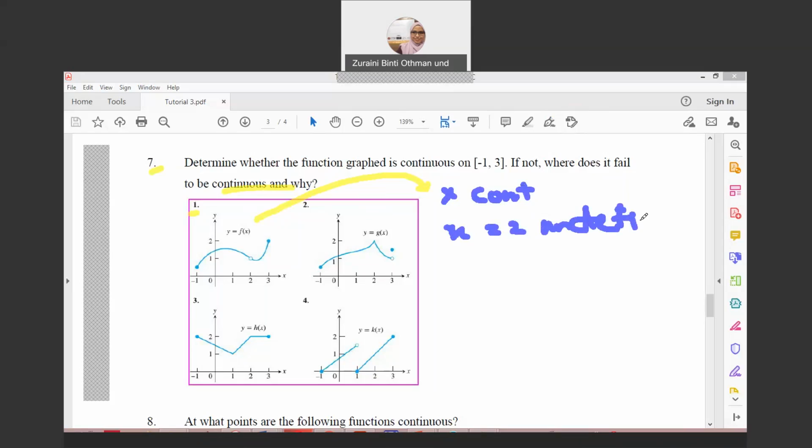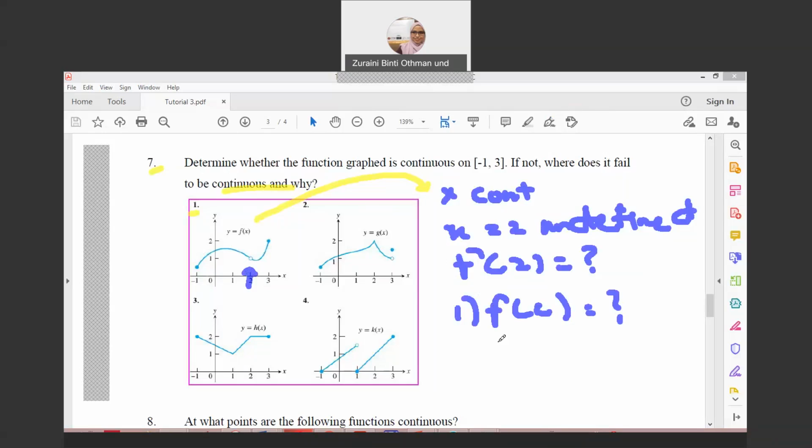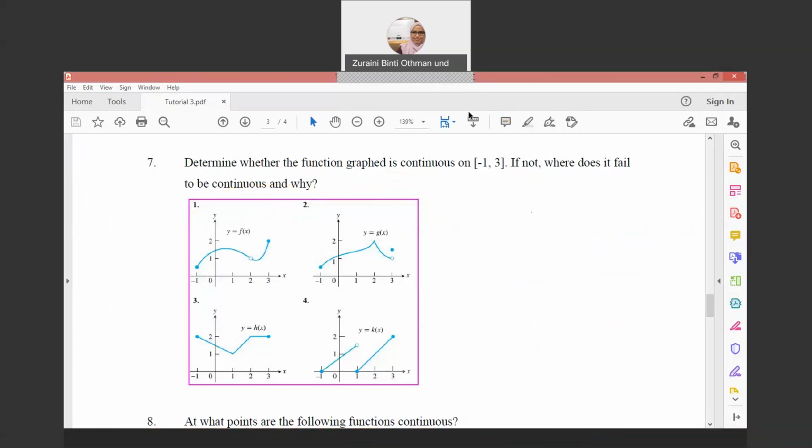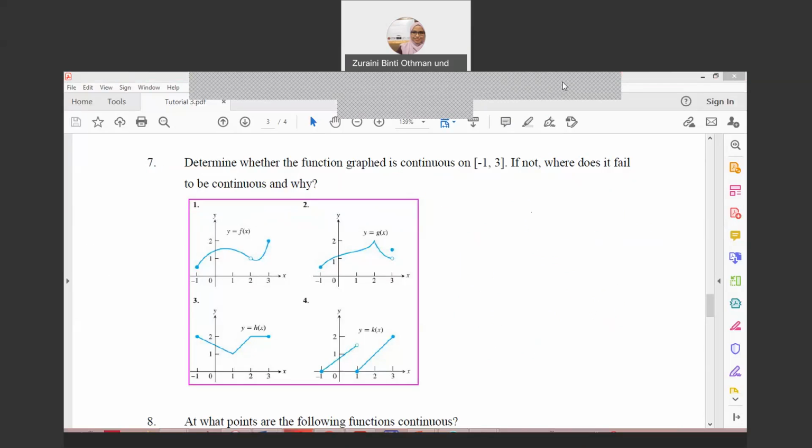Which means, when f(2), there is no value for this function, and we can see that this function is broken at x is equal to 2 here. So remember the continuity test, which is first f(c) must be defined, mesti ada nilai. Second is limit exists, right? And third is